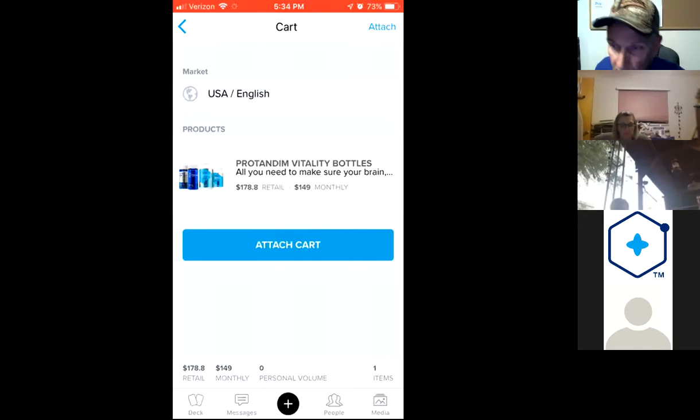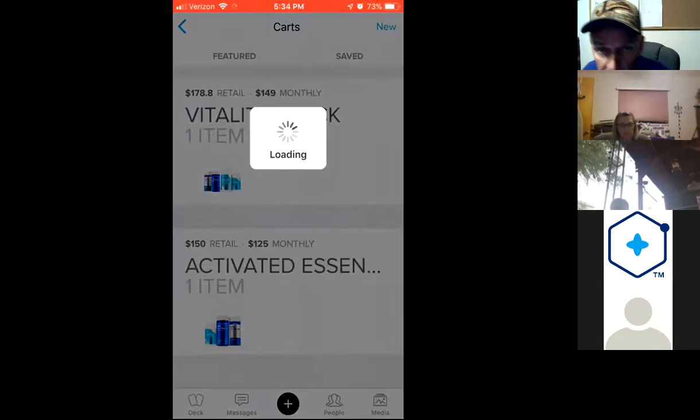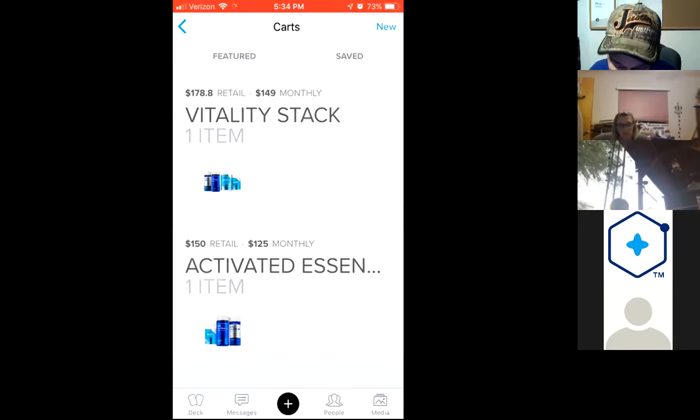So that's adding a featured cart. Now, of course, featured carts are the only carts you can share. You can create whatever you want. And the way you do that is in the upper right, you tap new,